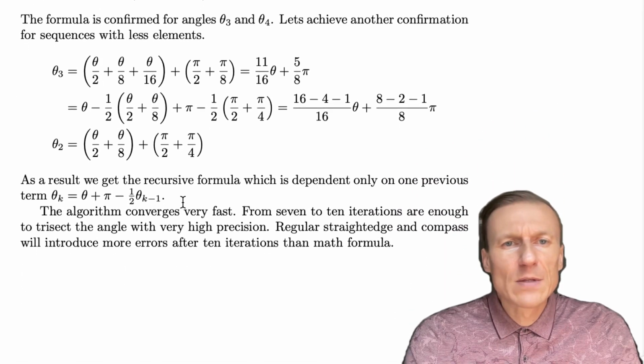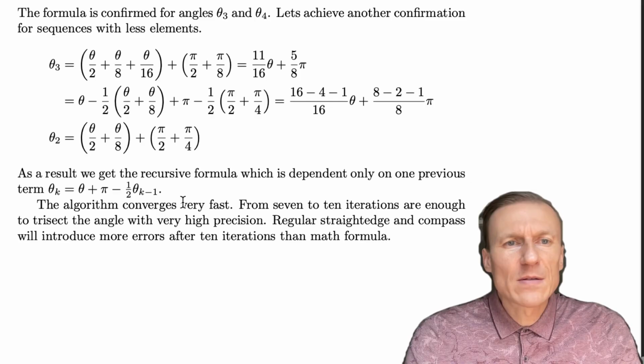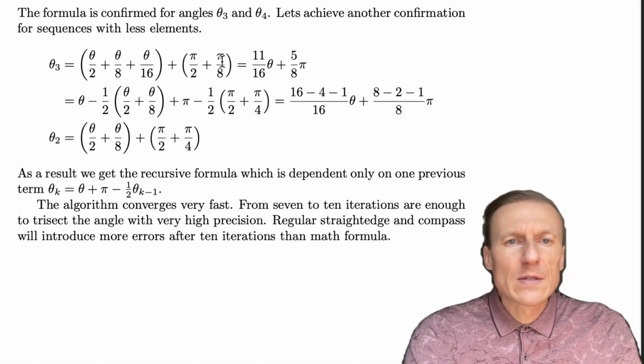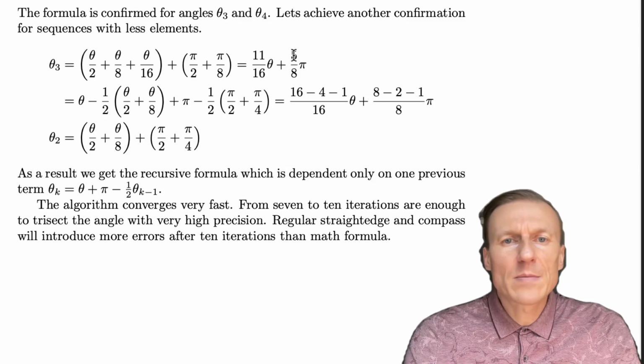We will do another iteration and prove the same formula for theta 3 and theta 2. We already have these values represented as a series. I collapse the formulas, put the previous result into the recursive formula, do some arithmetic, and we see that the rational numbers will be the same. So the formula is correct, and this is our formula.